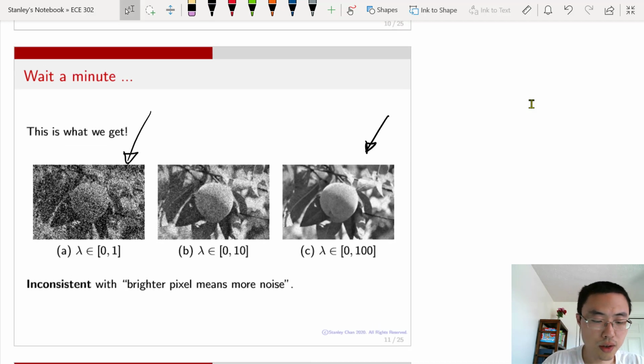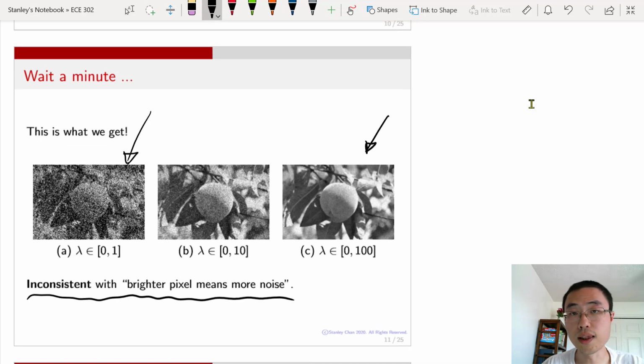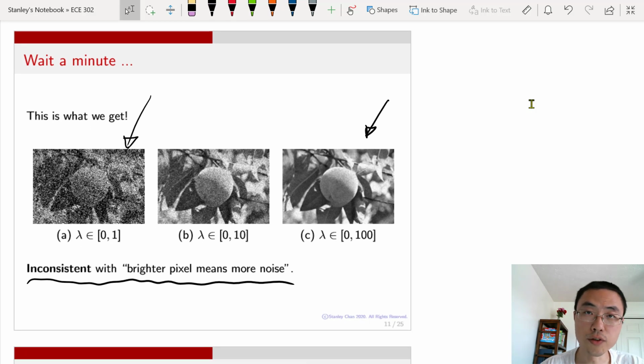So this is very inconsistent with what we have just derived theoretically, that higher lambda will give you higher variance, right? Because if that's the case, then the brighter image should be noisier, but that's obviously not what we are observing in practice. This thing does not occur in a binomial random variable or geometric random variable or Gaussian random variable. It's not like that. This is very unique to the Poisson random variable, where the mean and the variance are equal. So I want to demystify